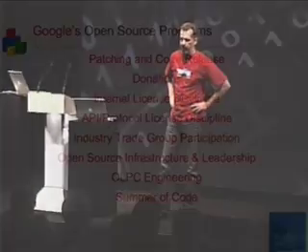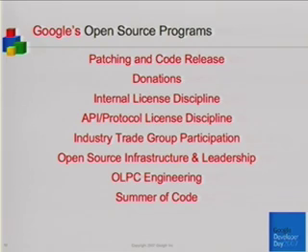So here is a subset of the many things Google is doing to promote open source. We have released millions of lines of code ourselves as open source, and I'll go into that a little bit more later. We have donated millions of dollars to various open source organizations. We have a team that religiously ensures that we're consistent with the licenses that come with the open source software that we use. And also making sure that the licenses we provide with all of these APIs are consistent